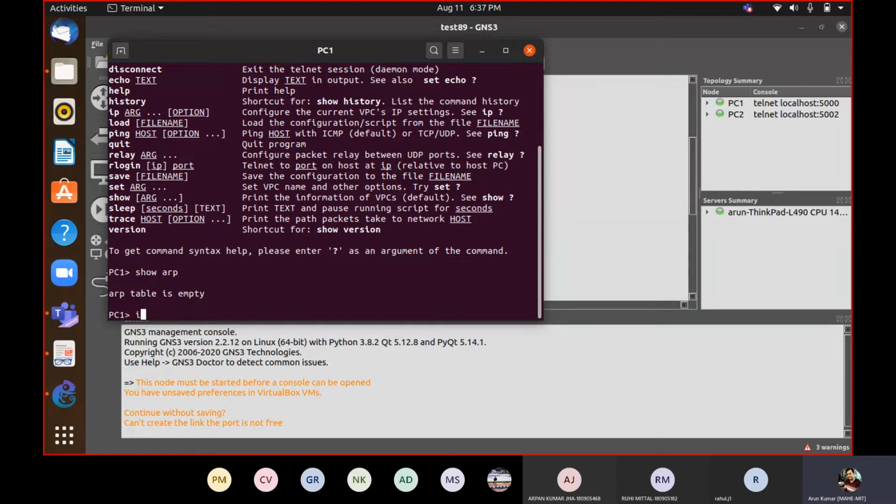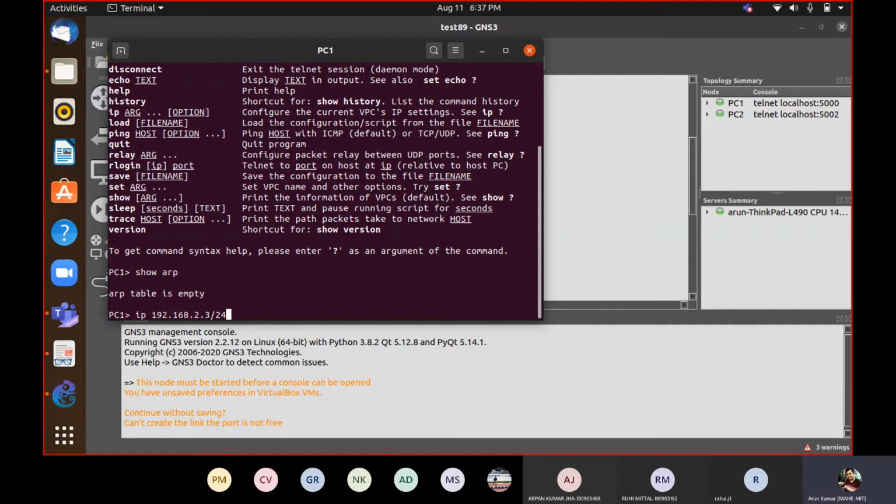We will allocate one IP address to it. So I am allotting 192.168.2.3/24. So it's a basic network. There is no edge router involved as such, so I'm not writing other entries. /24 means it's a network mask.